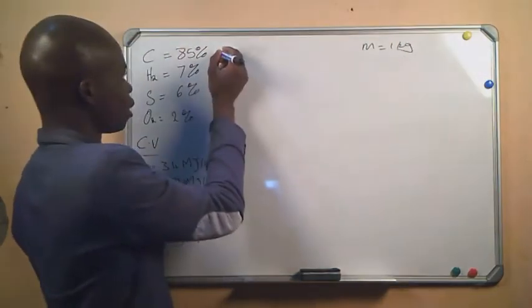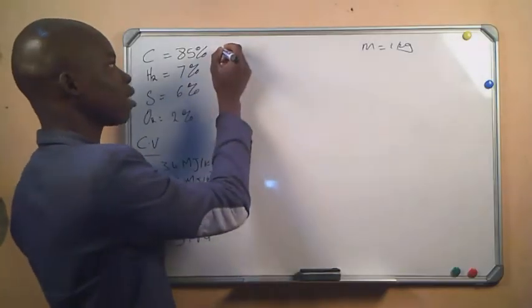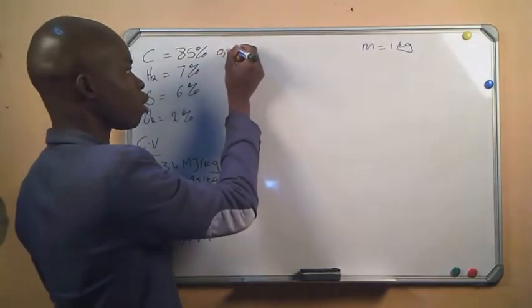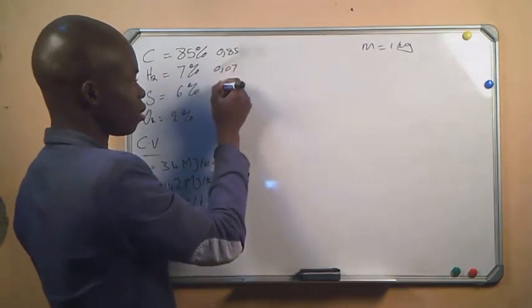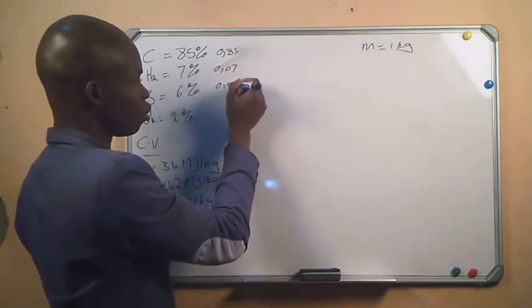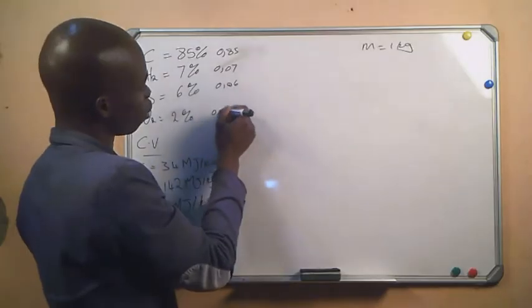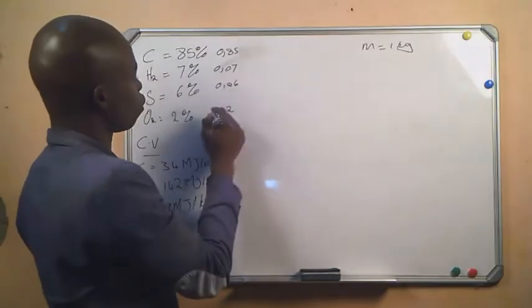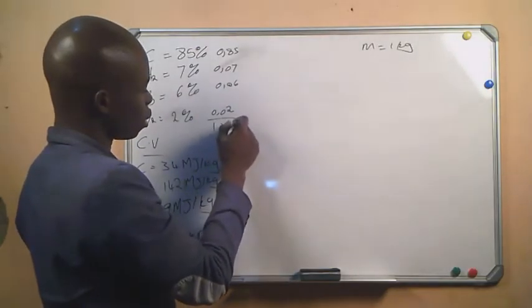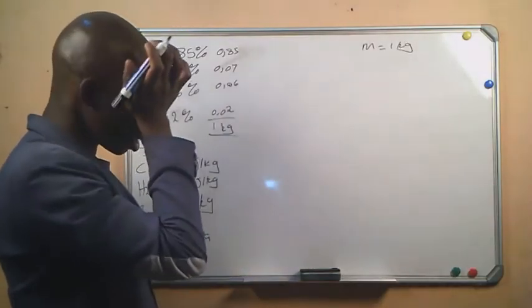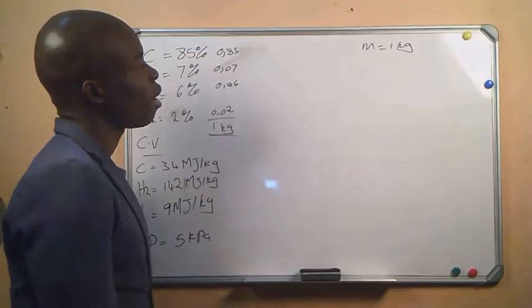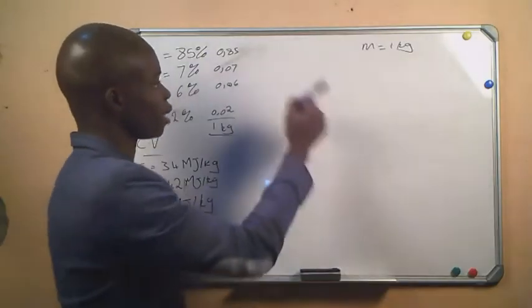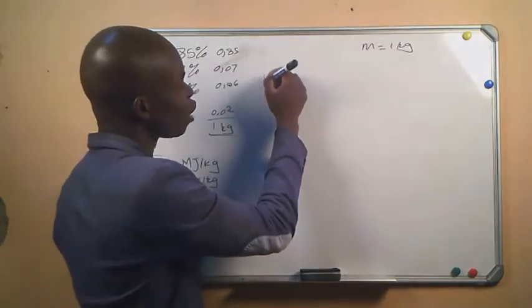Because now we are dealing with mass 1 kg, we know that 85% will be 0.85, and then 0.07, 0.06, 0.02, and this will give us 1 kg. And then for the first question, they said we must calculate the high calorific value, and then we will say the high calorific value